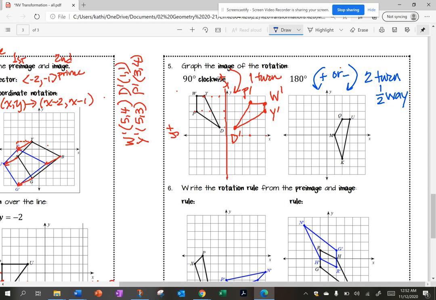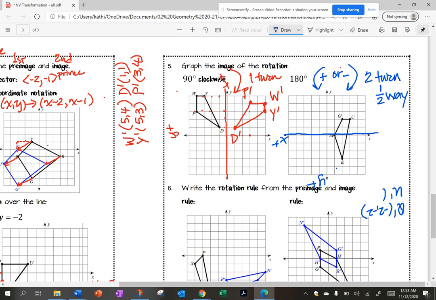Okay, so this is my new X prime or X plus. And here's my Y plus. So Q prime is going to be -1, 2, 1, 2, -2, -2. U prime